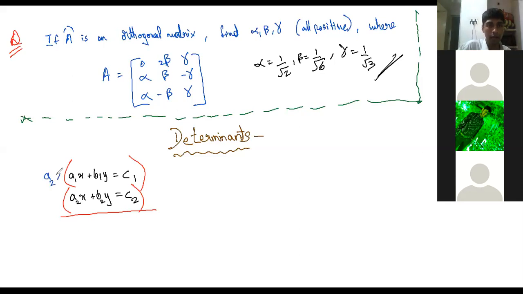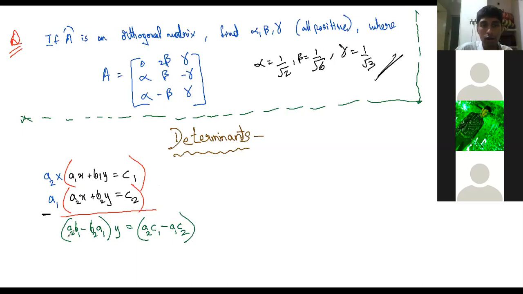It is a basic thing. Elimination, someone is telling this is how you do elimination. Yes or no? Yes sir. You subtract like this. So what do you get on subtracting? Oh sir, one variable, x, got eliminated. A2 b1 minus b2 a1 into y is equal to a2 c1 minus a1 c2.